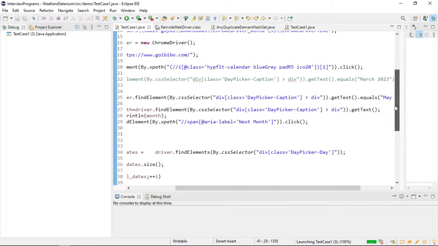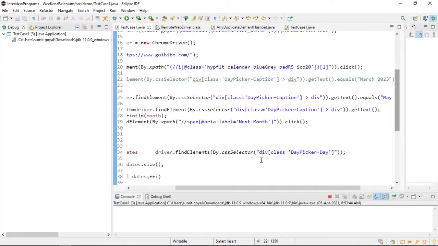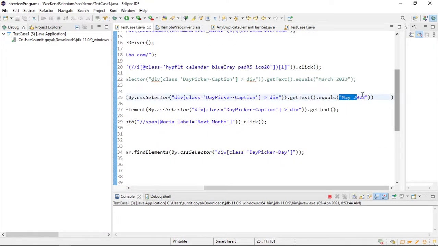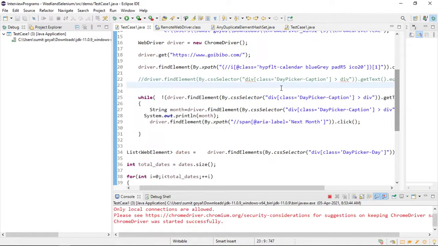So this time 18th May 2022 should be selected. 2022, right? So if I run it, 18th May 2022 should be selected.